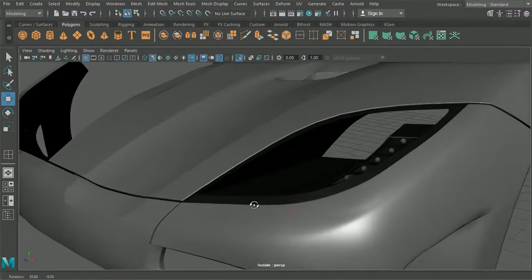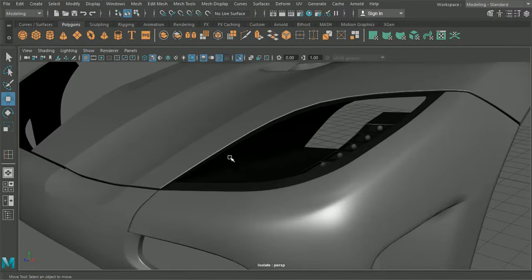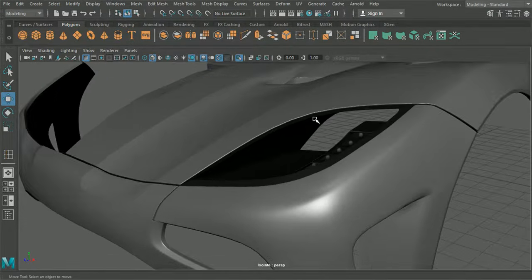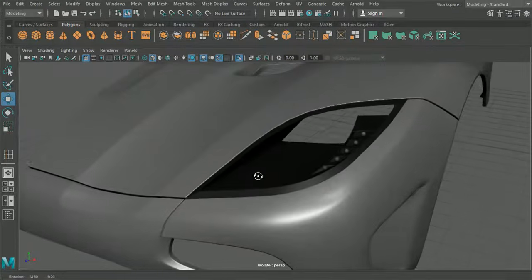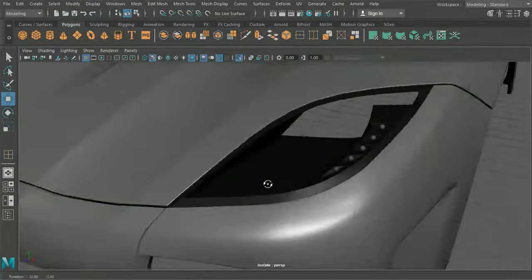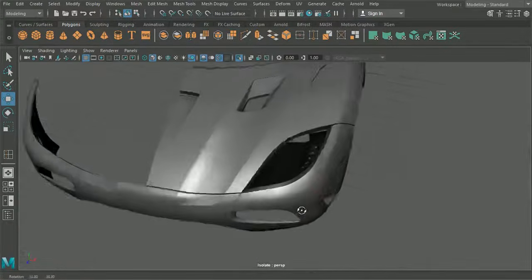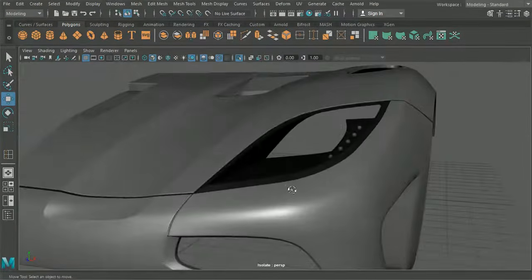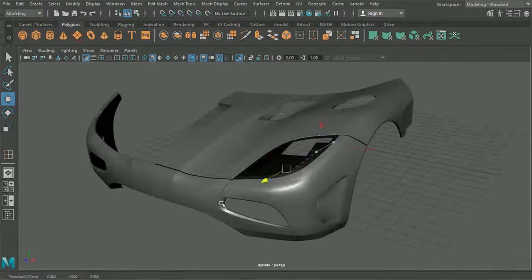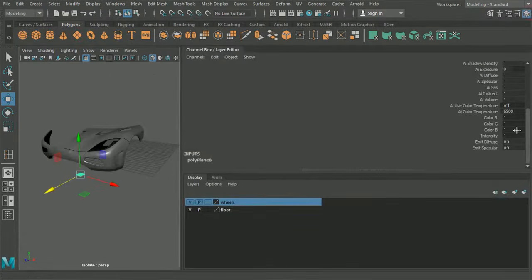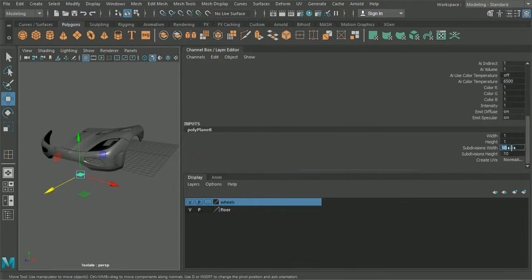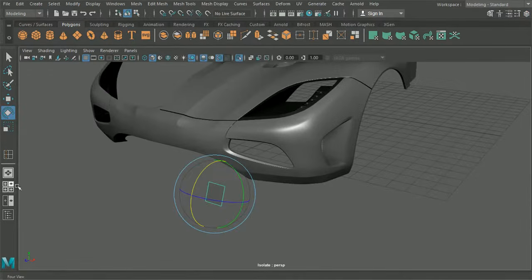So what we'll do now is we'll follow the very similar principle, and we'll go up and around here for the LED sections as well, and then we'll hopefully get started on that section in the center. So I think we're maybe a little bit ambitious, thinking that we'll get both rear and front lights done in this episode here. What we'll do is we'll do the same as we did for the front. I'll maybe speed this a little bit up. Again, we'll want to reduce this down to 1 and 1. Get a little bit of rotation in here so we can start working.